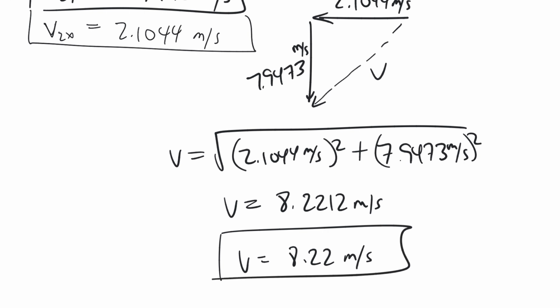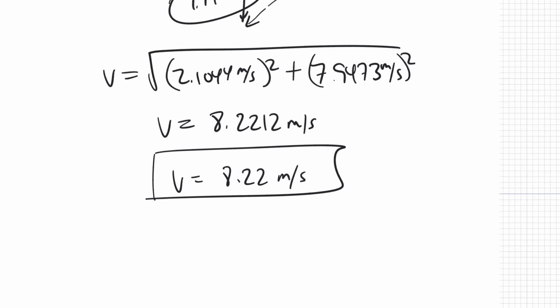Okay, and we did not ask for the angle, but we could have gotten that by doing the inverse tan of this over that. Okay, note that this has to be positive because it asked for how fast. We wanted a speed. We did not want a direction. Okay, you could have also written this like this. This would have been another way to write the